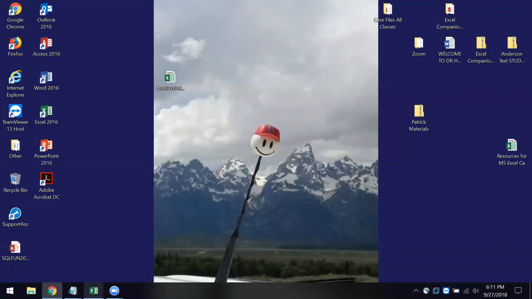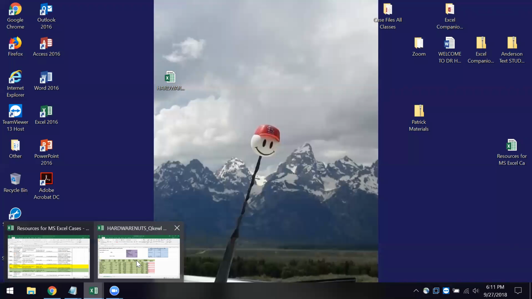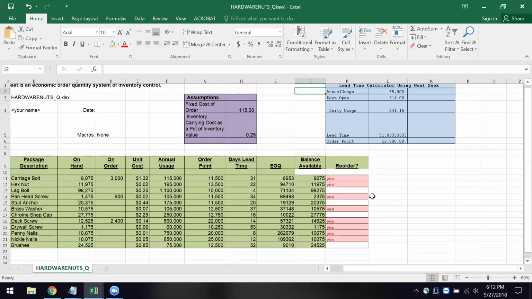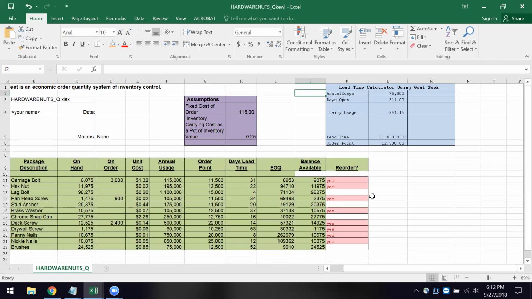I want to get this file open here, all right? And this is the hardware nuts file. Now, this is from a previous case, and it's a good example because it's got a lot more meat to the bones. You see formatting, etc. This is really like a dashboard, an inventory dashboard, okay? And I'm going to walk you through it,